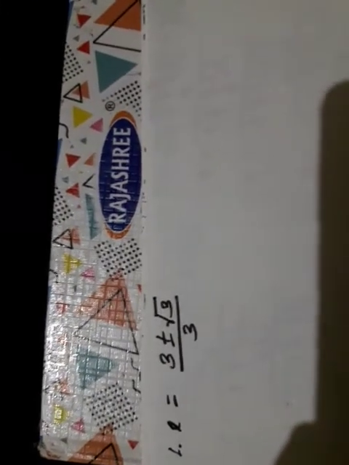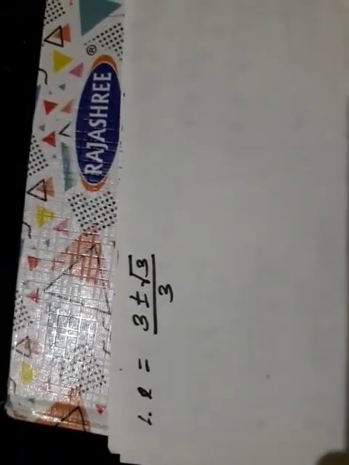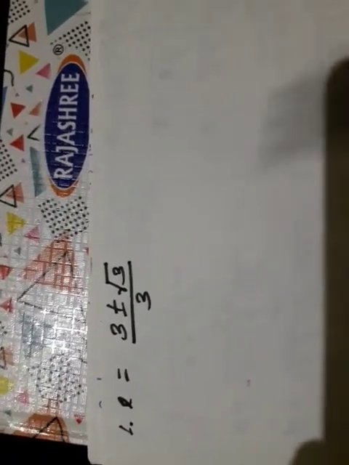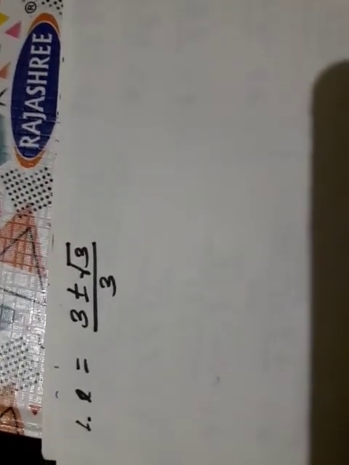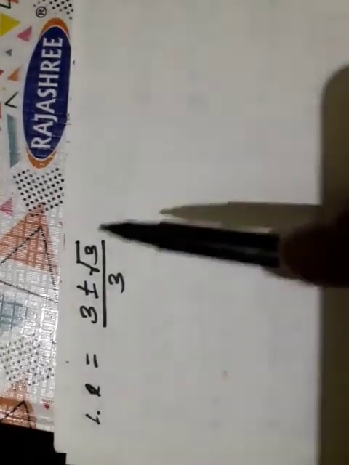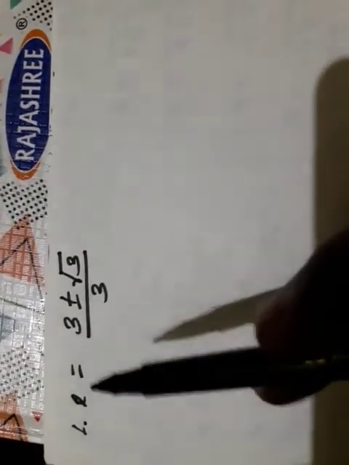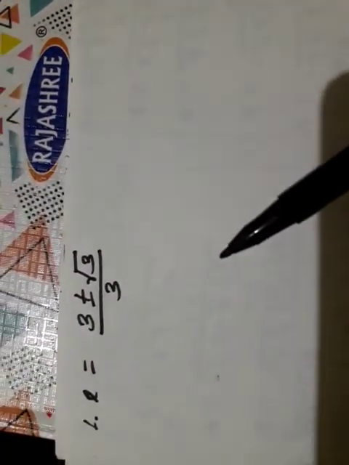What will be the next point? Therefore, x is equal to 3 plus or minus root 3 divided by 3. Here also some students are making mistakes. What they are doing? They cancel 3, but here it is also not possible. Again, the important thing is that here we can't take 3 as a common factor again. Some students get confused: these 3 they are taking, and cancelling. Okay, you should not do cancellation regarding this point.